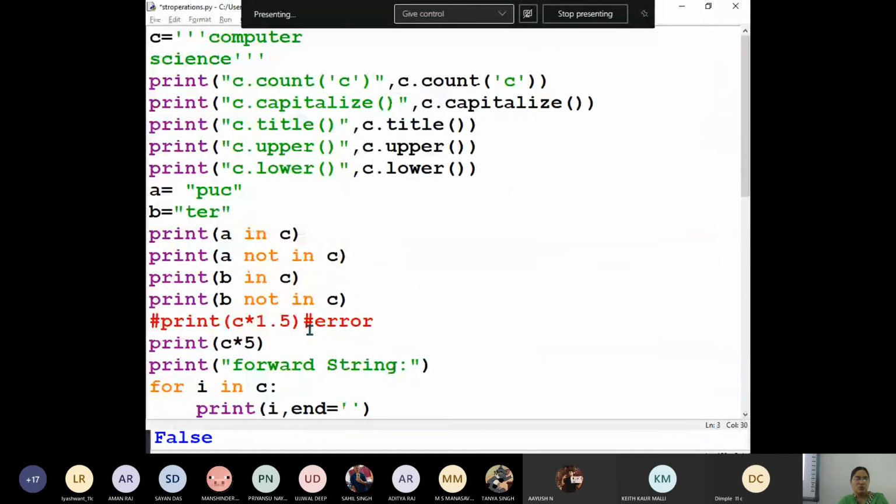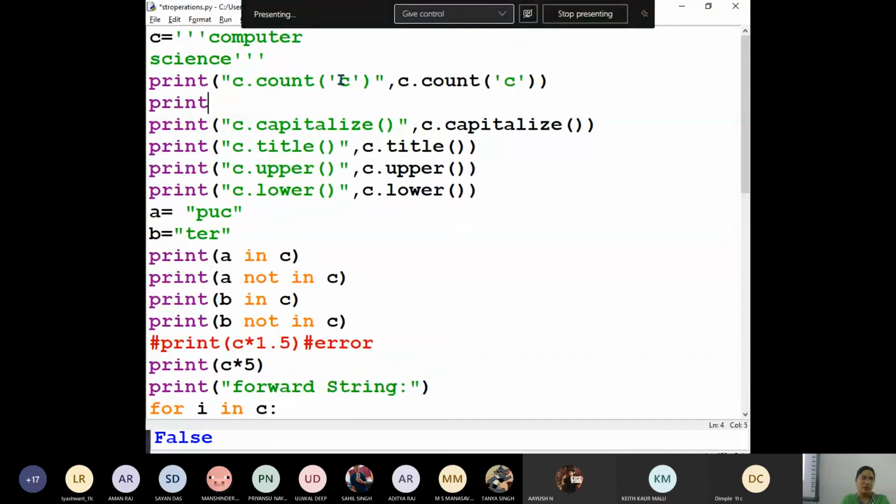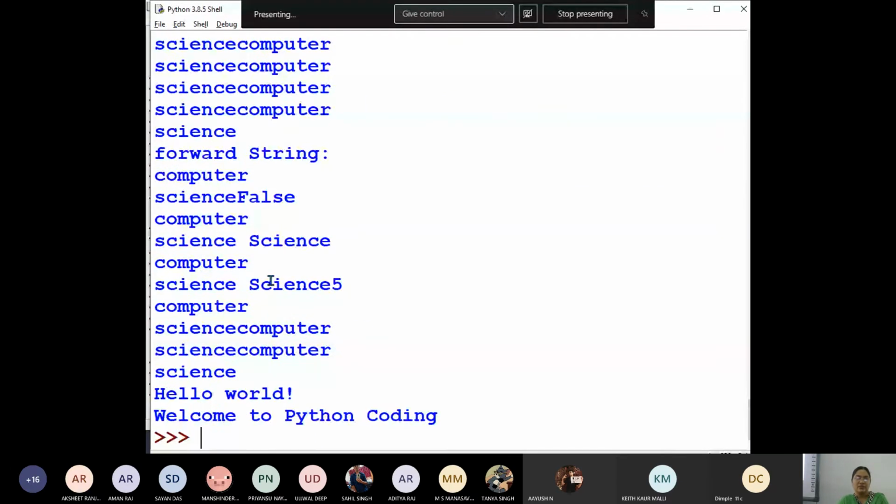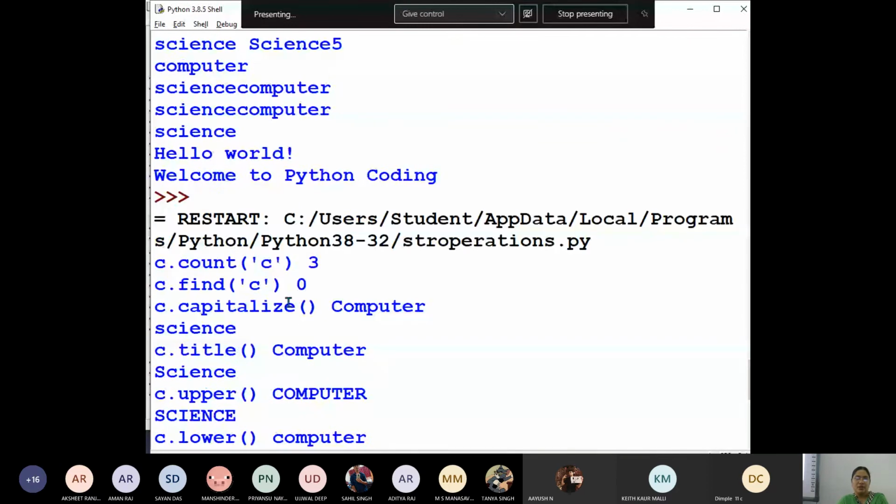Substring. Okay. So now print, same thing on that, right? But here instead of count, I'll do find. It will give you, if it exists, what is the first occurrence? Where is the first occurrence? Right.